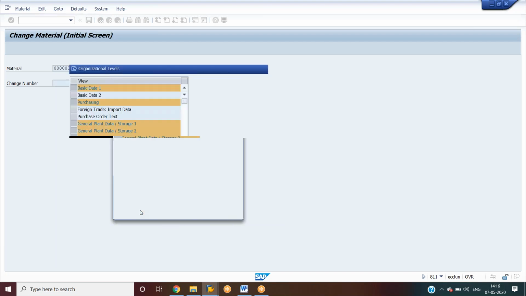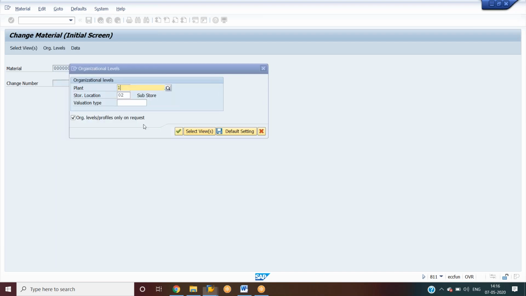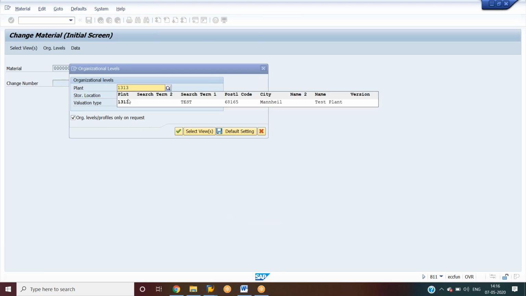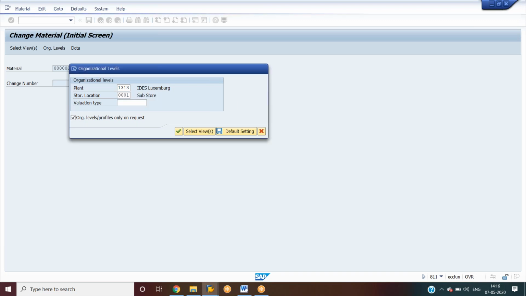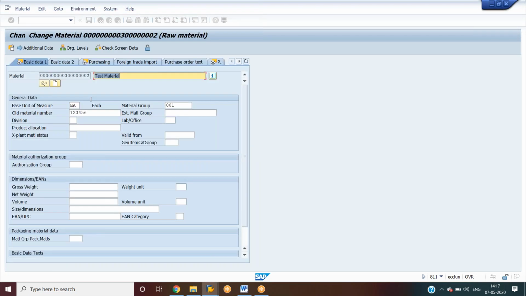Give the organization level, the plant and storage location, and click enter. For old number, give it as XYZ.